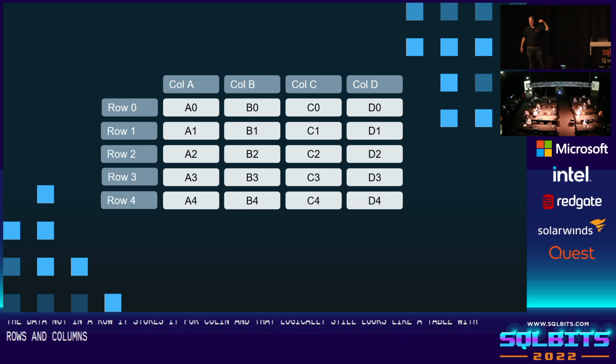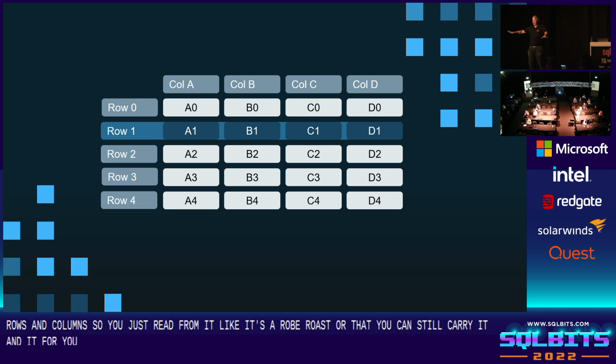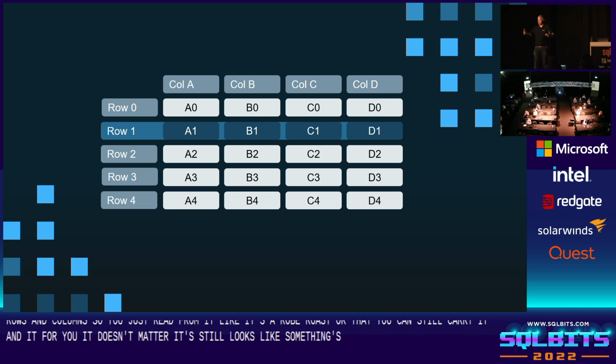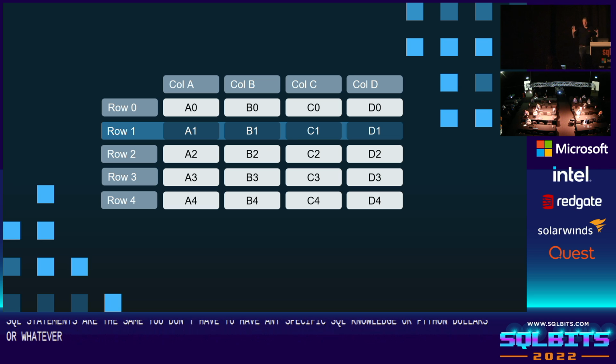So you just read from it like it's a row store. You can still query it, and for you it doesn't matter. It still looks like something that has rows and columns. The SQL statements are the same. You don't have to have any specific SQL knowledge or Python knowledge or whatever to talk to a column store. It just presents itself as a row store, basically.